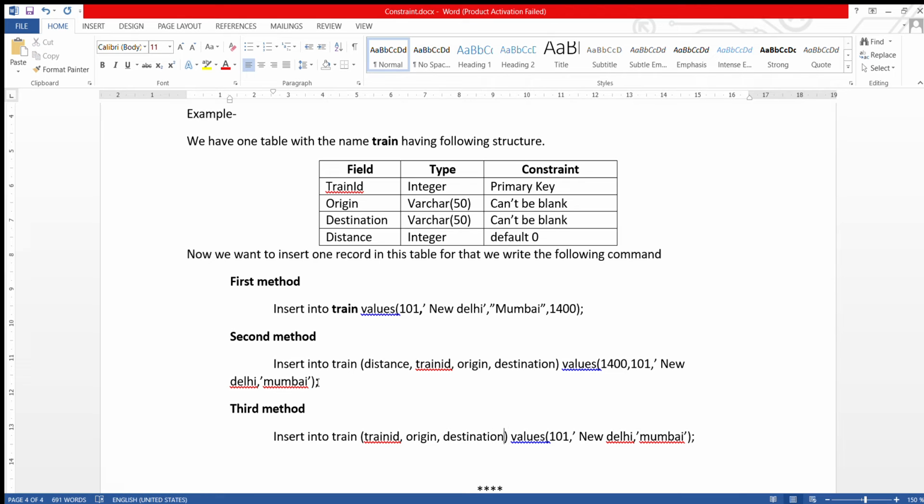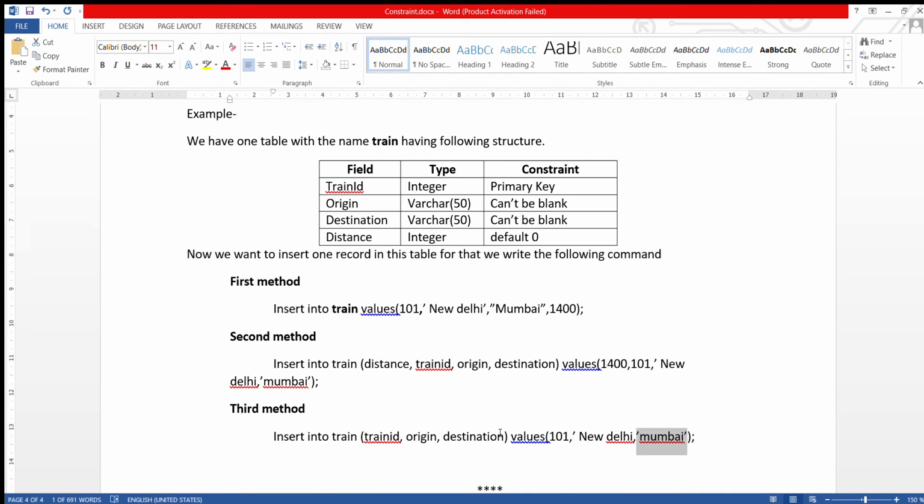Just see, here I have given only three column names. Why? Because I am going to enter the values for three columns only. I am not going to enter a value for the column distance. So after mentioning the three column names, values, then the value of the first column, train ID, then New Delhi, that is origin, and third one destination.